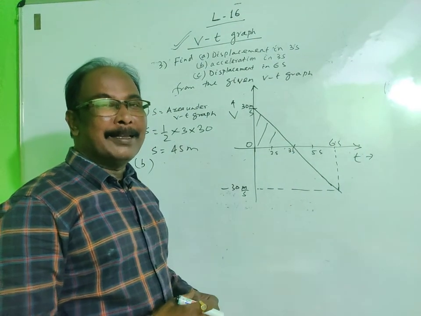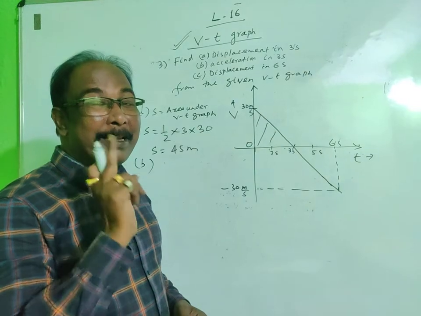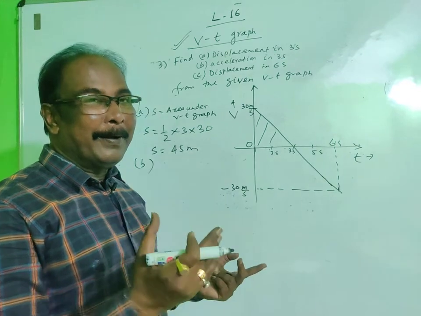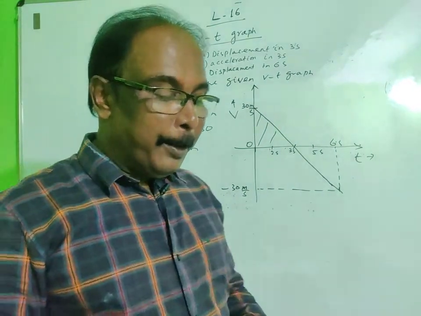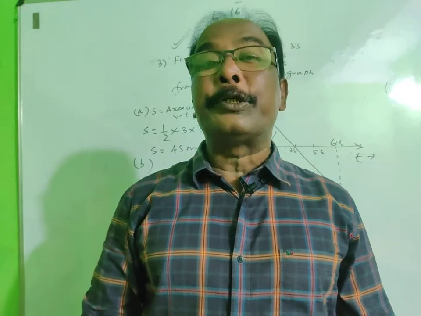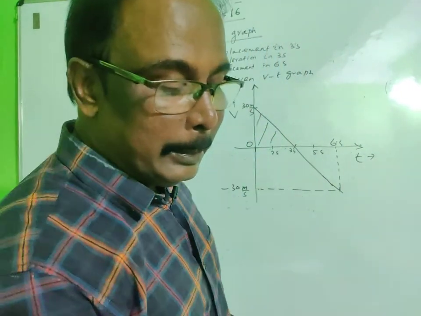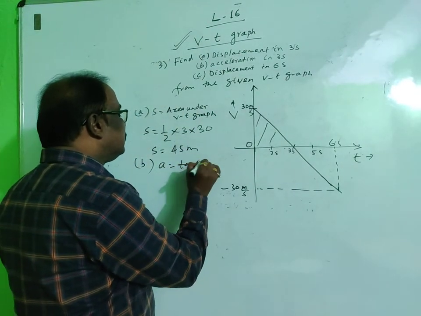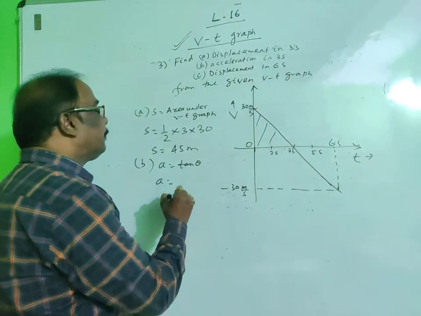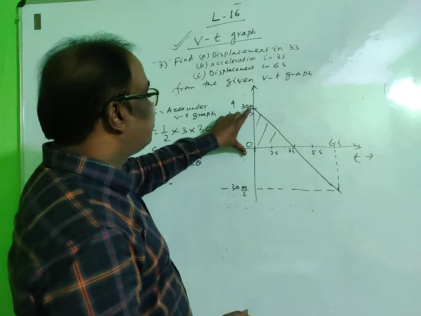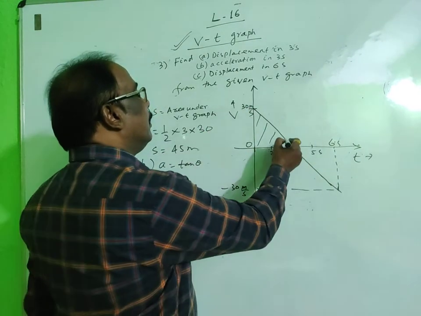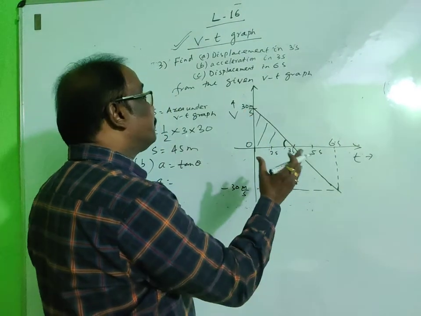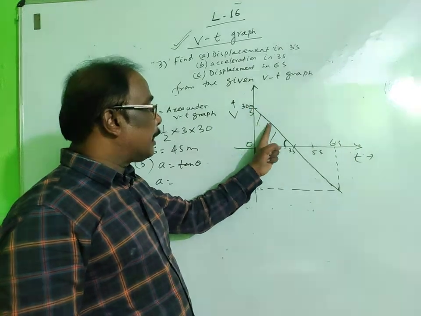Then how can you calculate acceleration from VT graph? I have discussed in previous lecture AT graph. How can you calculate acceleration from VT graph? Number one, you have to calculate slope of graph. You have to calculate slope of graph. See, acceleration is equal to tan theta. So acceleration is equal to tan theta. See, tan theta is equal to P by B. Let this angle be theta. Of course, this angle you can calculate, but acceleration will be negative because velocity decreases from 30 meter per second